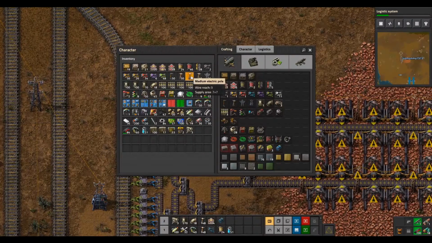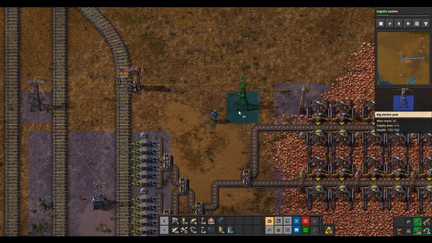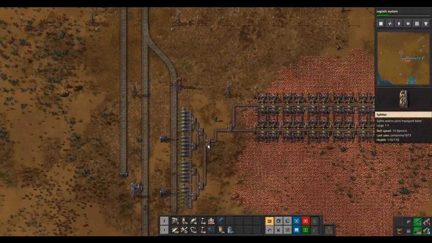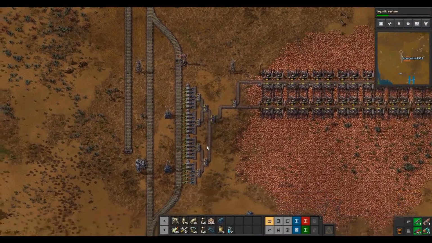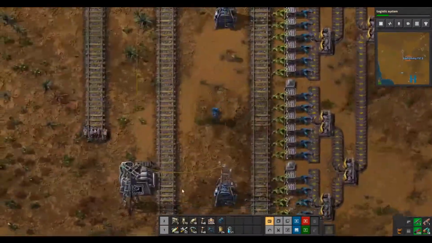Okay, and then we will, let's see, get our high voltage power line up to there. And that will start the copper mining process. Meanwhile, let's check our furnace over here and see if...